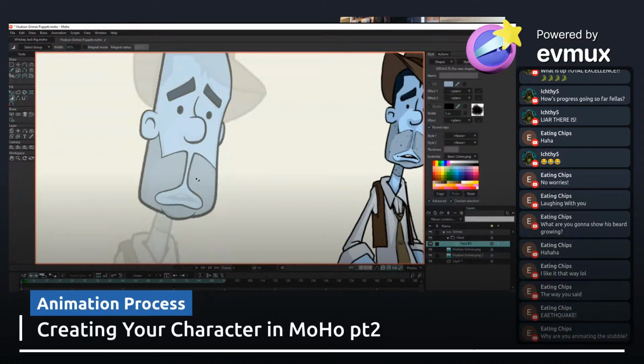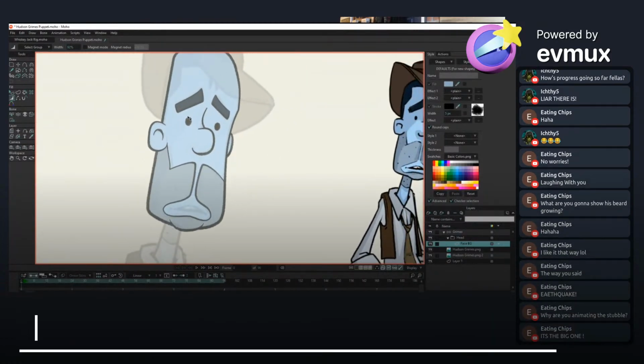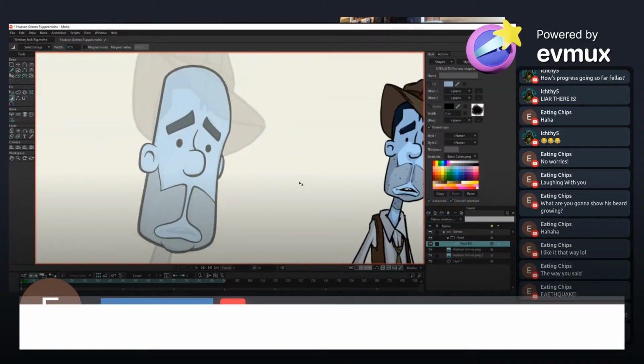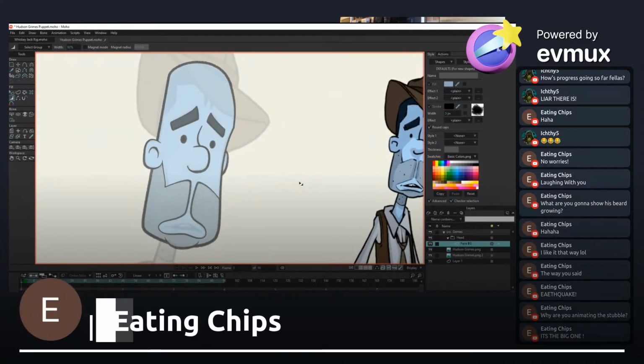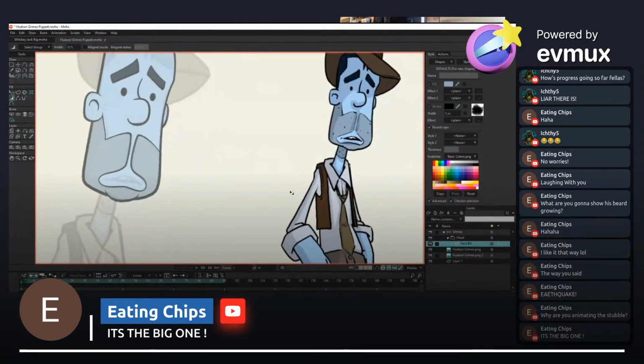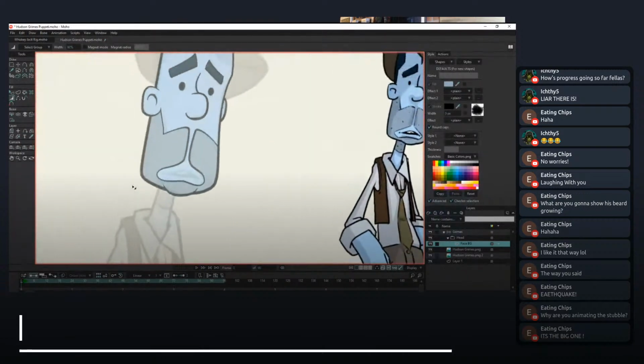I was adjusting the curves and the shape and the line widths. But now I was just doing the eyebrows here, adjusting the line widths on the eyebrows. So that's that for the head shape. Now he does have these little stubble marks.